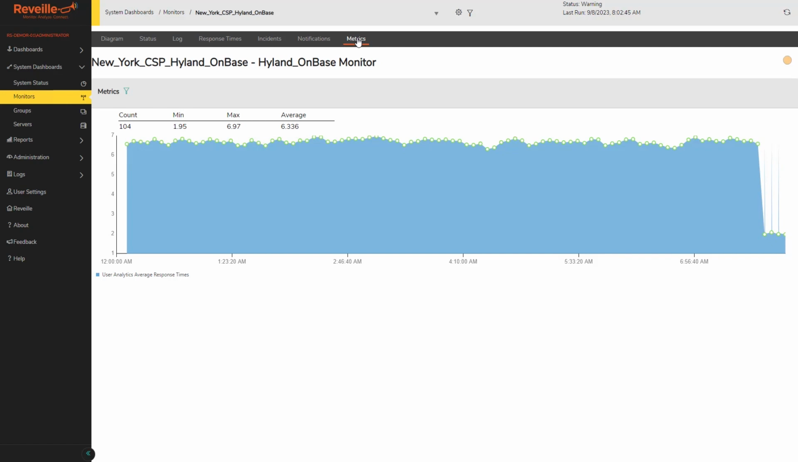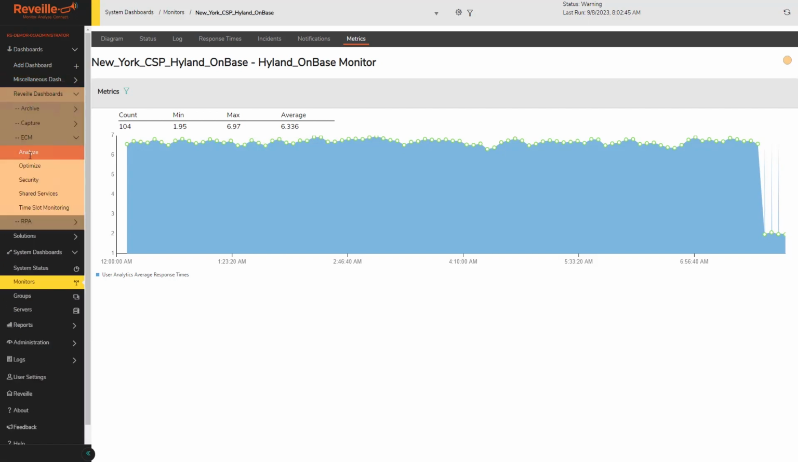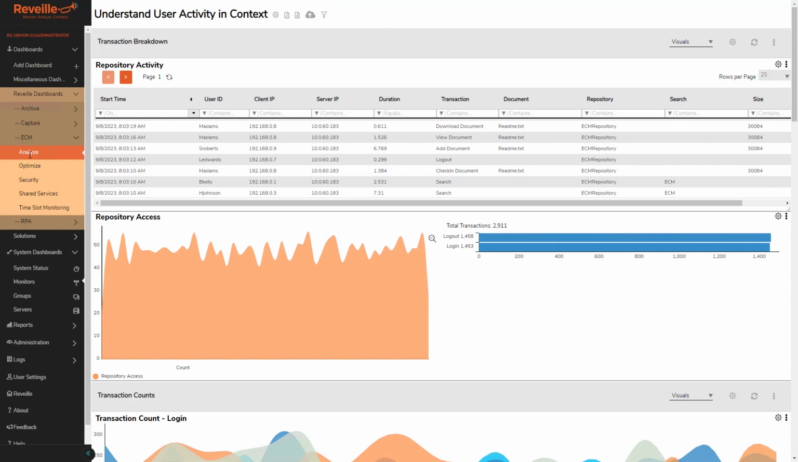Reveille also gathers what we call user analytics data. If we open a Reveille dashboard, we can see this data. User analytics data covers what the end user is doing within the system and how the system is performing for them. When a user interacts with the system via a web-based interface, such as web client or REST API-based custom app,